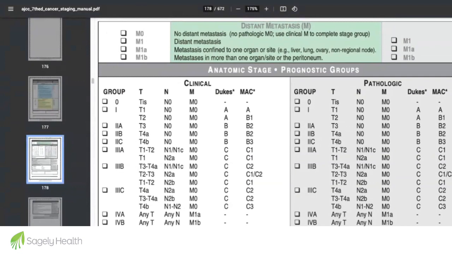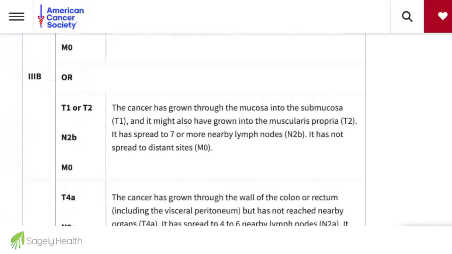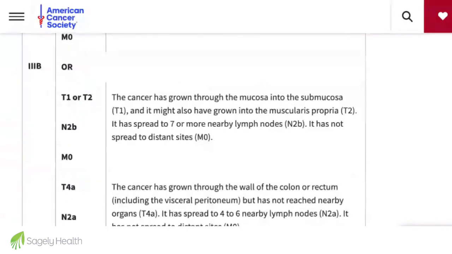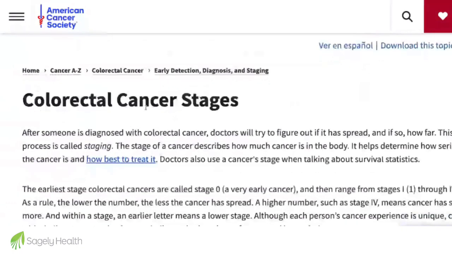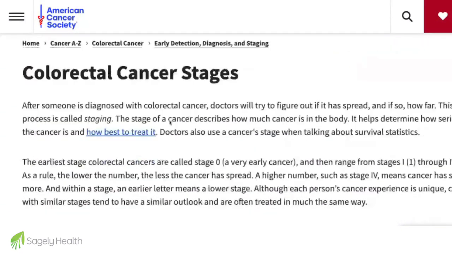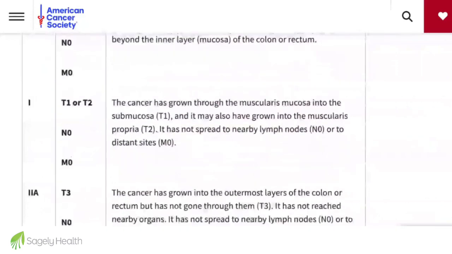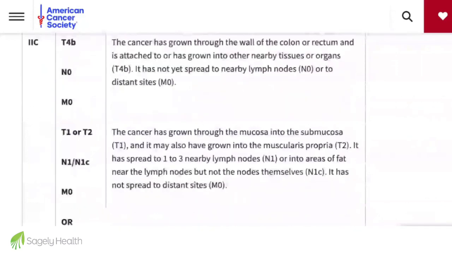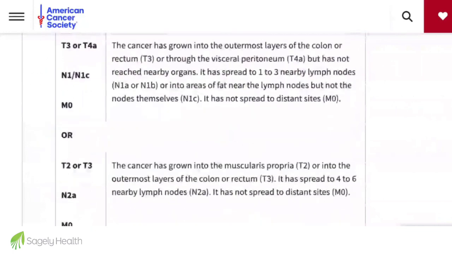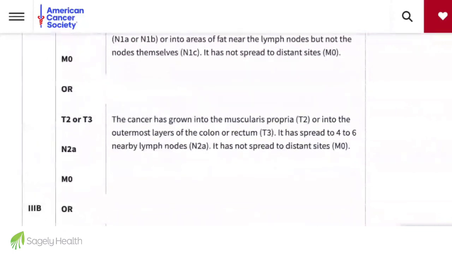And so as we go over to our system, we can now take a look. And by the way, I also wanted to just share with you that when I was looking at this for this patient, the American Cancer Society actually has a nice page about colorectal cancer stages, and goes through and tries to make it a little bit easier for folks to figure out what it is. Again, it's nice when it's given. And I always encourage patients to ask their doctor, what is my stage? Because again, it's really important. So now as we go over to our population search,